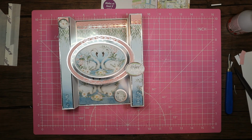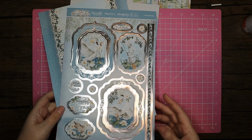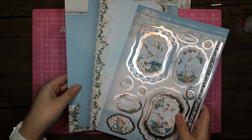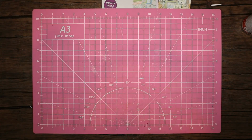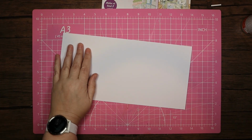I'm going to get cleared down, and I'm going to make another card for you. Okay, so bear with me. Okay, so for the second one, I'm going to be using this A Beautiful Day. And obviously I've got the 2 pieces of cardstock there that I'm probably going to use. So I've got a 6x12 card blank,